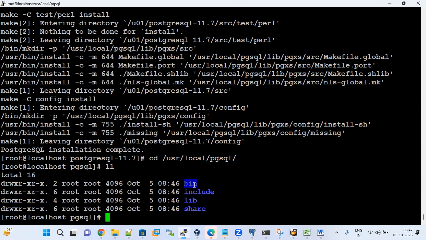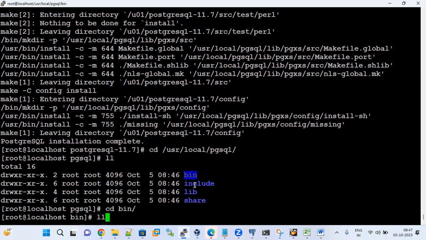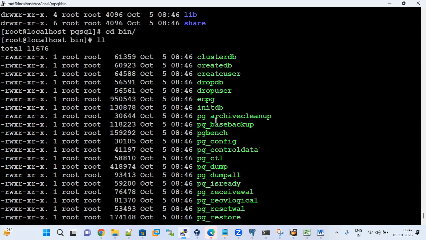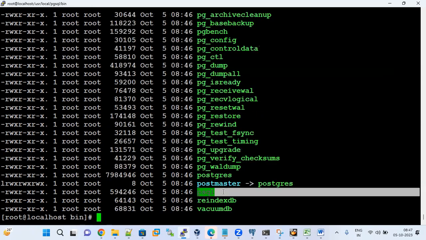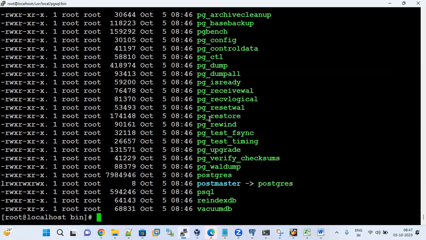psql. psql is the utility which we can use to connect to the database via command line mode. initdb is the utility which we can use to create a cluster. To stop and start the cluster services, we can use pg_ctl. All these utilities will be inside the bin directory. You can see here, initdb is the utility under the bin directory, pg_ctl, psql. Like this, we can verify